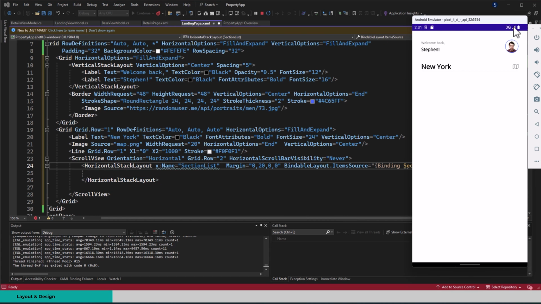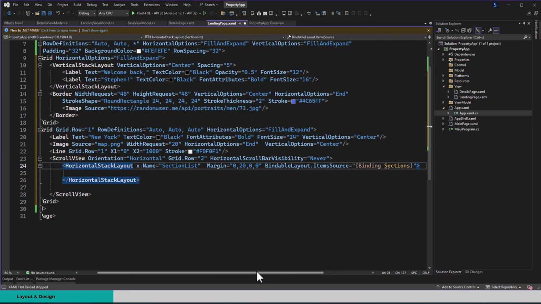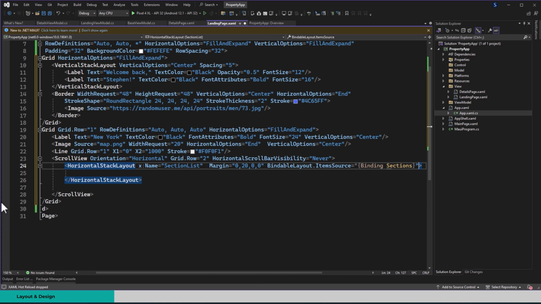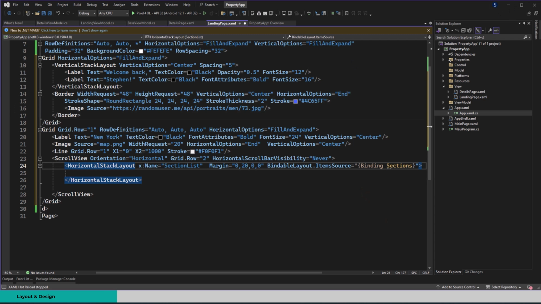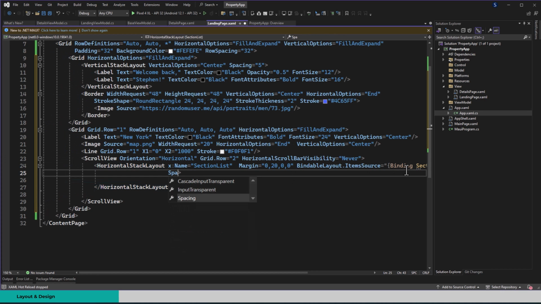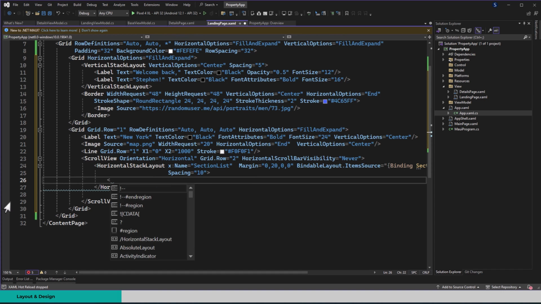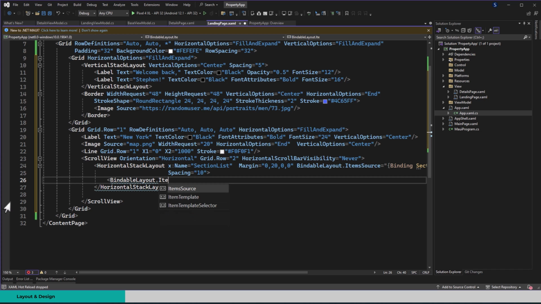So I'm going to stop this for now. So the section is going to contain the list of all the sections that we have, and those are these sections, in case you've forgotten: the trending, popular, and buy. And then from here, we want to still have a spacing of 10. So we want to space the items out by 10. And here we're going to have, now let's do the data template for the bindable layout. So we're going to do bindable layout dot item template,